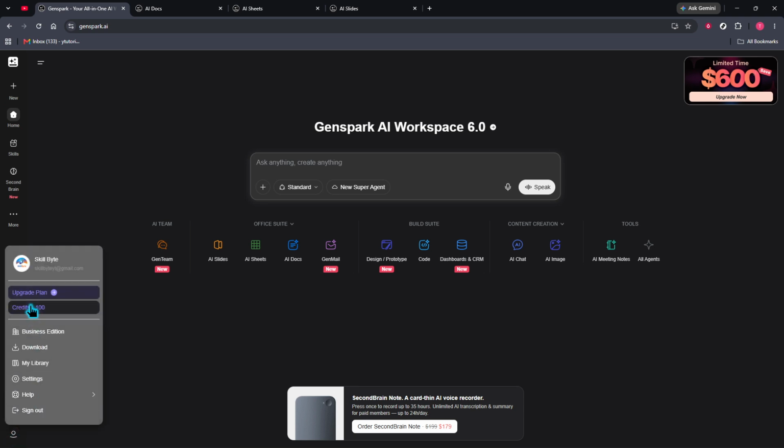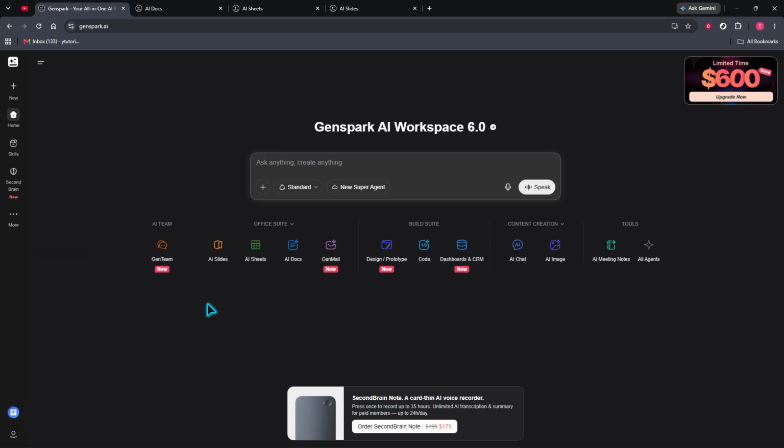You may see free starter credits for testing things out, along with unlimited tiers if you plan to use the platform more regularly. This is a good first step because it helps you understand what features and usage limits are available from the beginning. Once you're inside, one of the first things to notice is the model selector in the